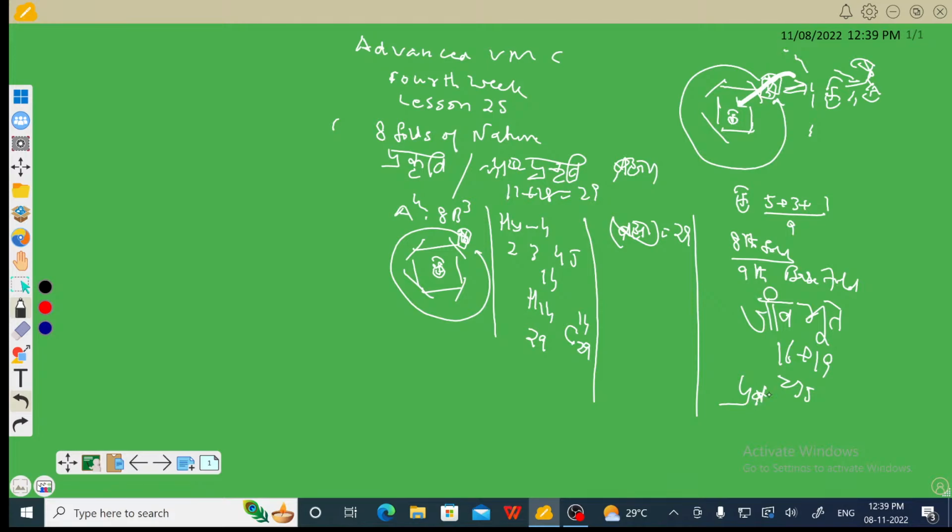So see the nature having its 8 folds, and these 8 folds of nature are having a transcendental seal, and this transcendental seal, a